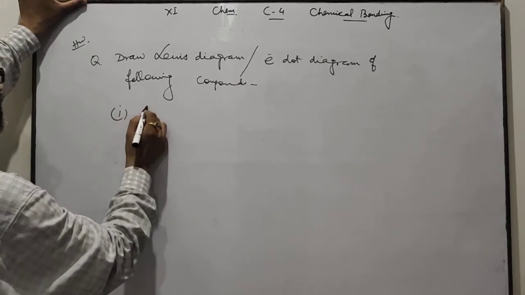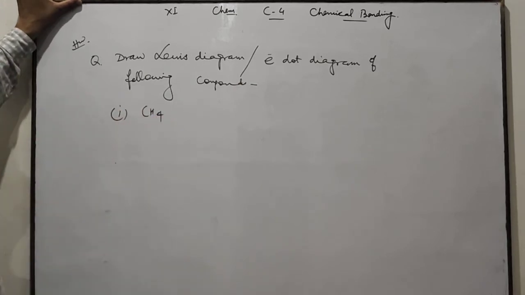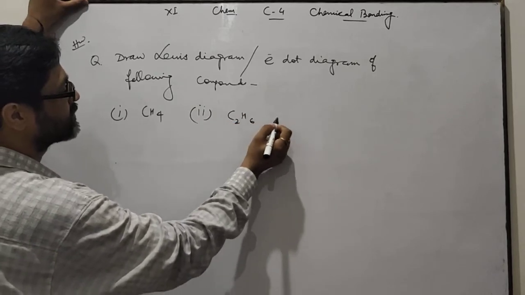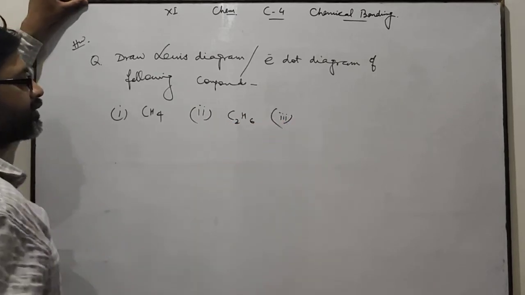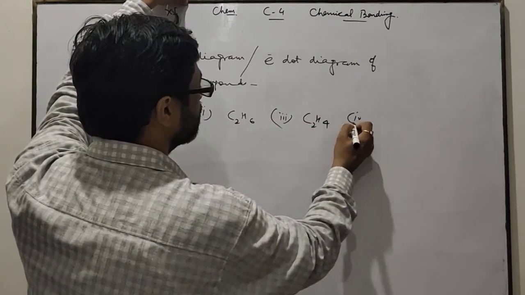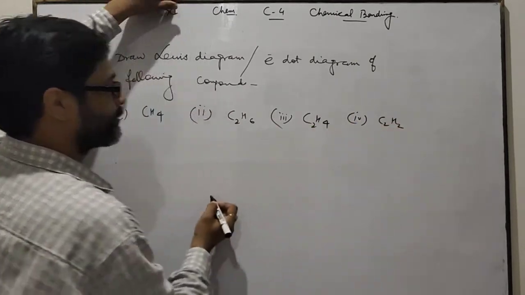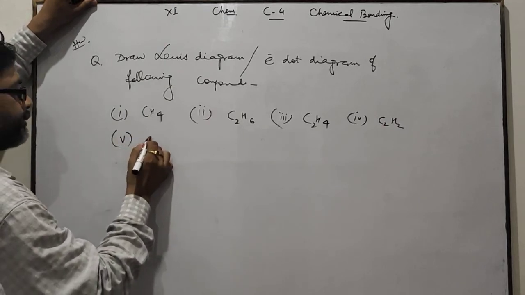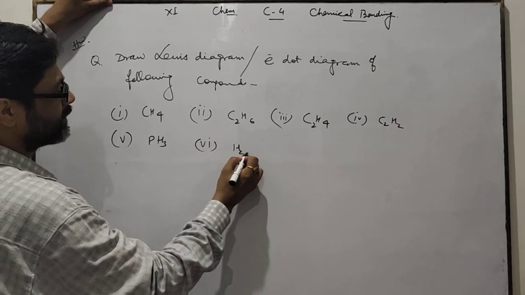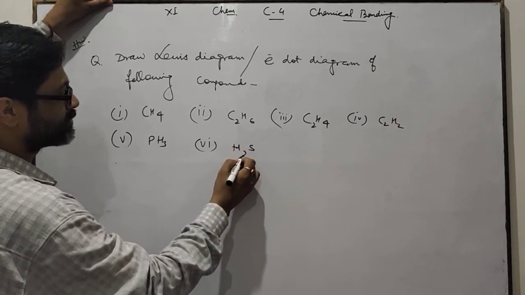First one is CH4, second one is C2H6, third one is C2H4, fourth one is C2H2, fifth one PH3 phosphine gas, sixth one H2S, hydrogen sulfide,